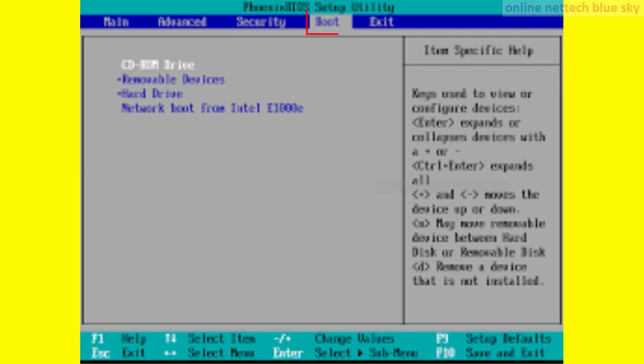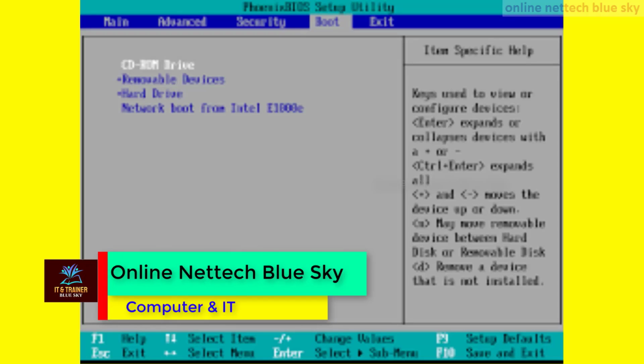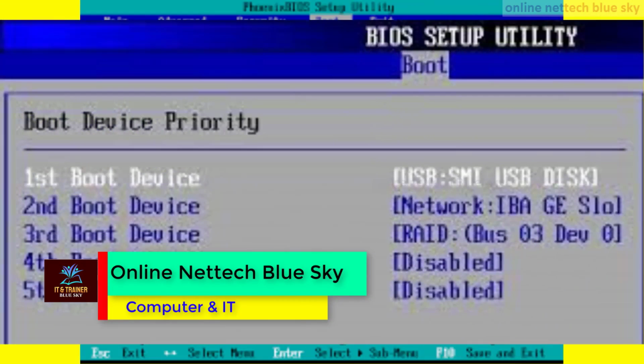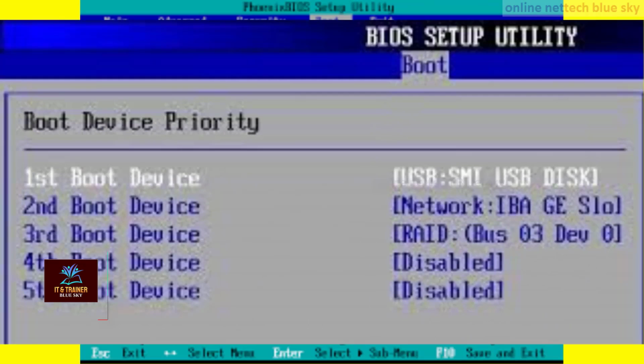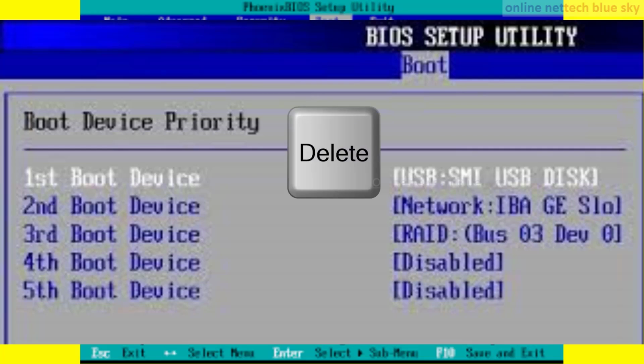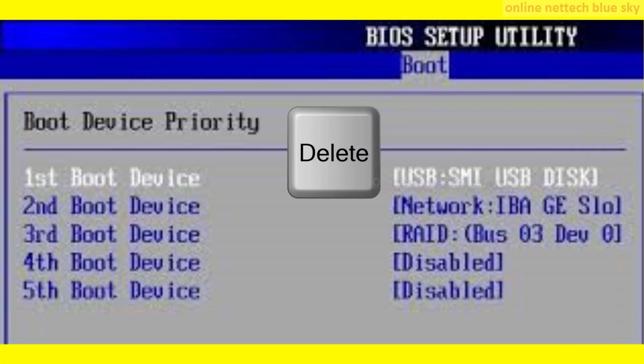This is a boot menu, and if you do not have a direct option, you can go into the BIOS menu settings and click on boot menu, and the boot menu will find the bootable devices. So select the first boot device, but note, it is very important that the bootable pen drive is already attached before you open the BIOS menu. So you must attach the bootable pen drive first and restart your laptop or desktop, and at restart time, press the delete button again and go into the BIOS menu.